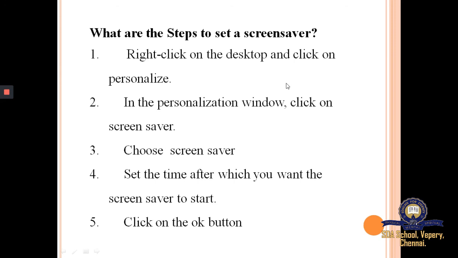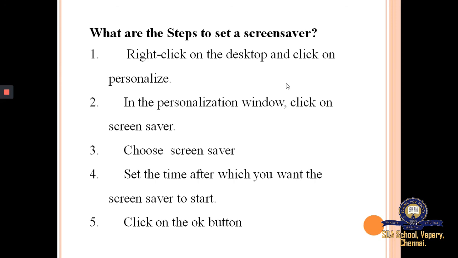Next, what are the steps to set a screensaver? The first step is you have to right click on the desktop and click on personalize. Then in the personalization window, you have to click on screensaver. In Windows 10, you have to click on the lock screen button.